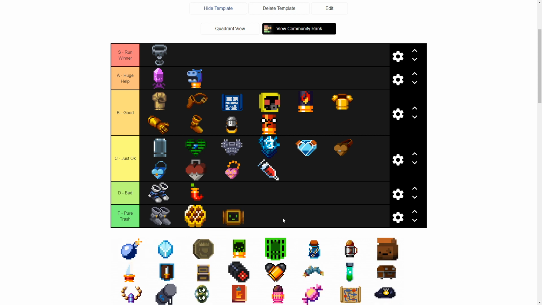Next up, we got the I-Bomb Companion app. This is probably one of the trashiest items in the game. It's really, really, really bad. I believe this is again C tier. Using it as an active item, for one, takes up an active item slot, so that immediately is one downside. Two, all it does is